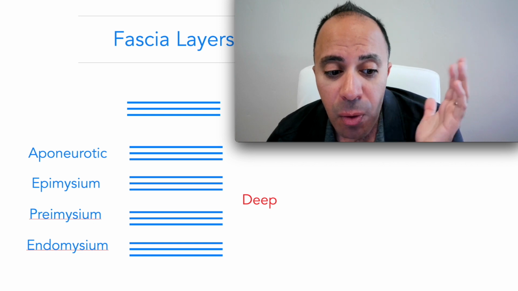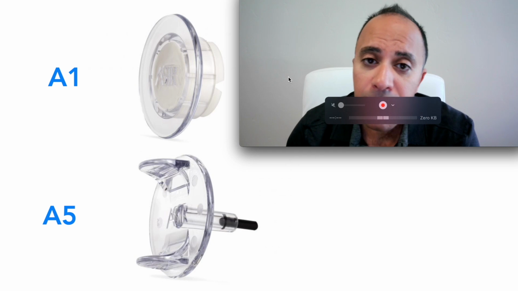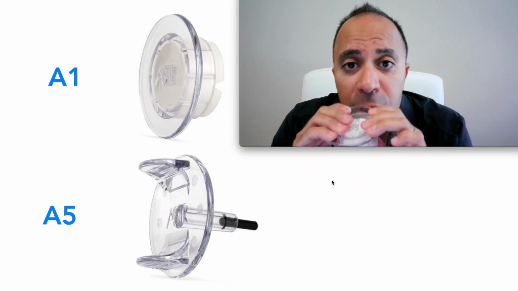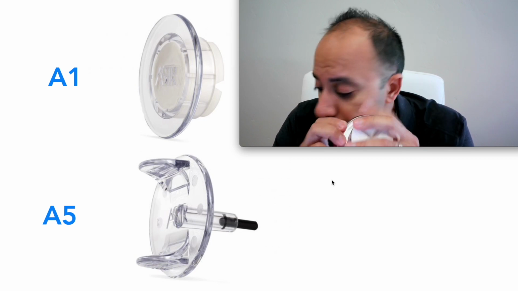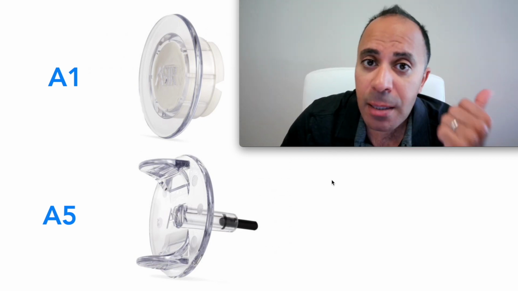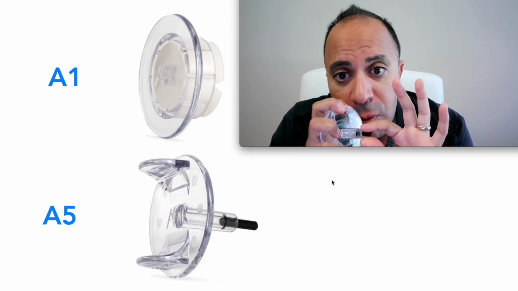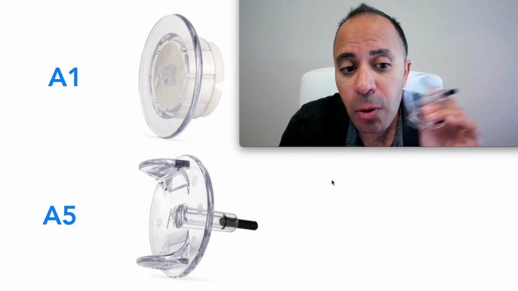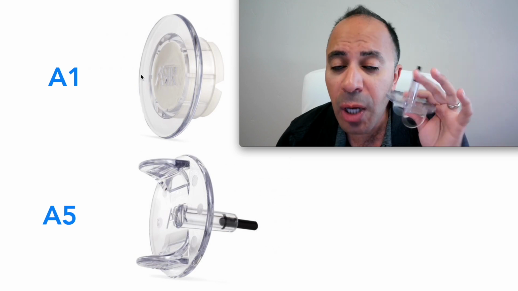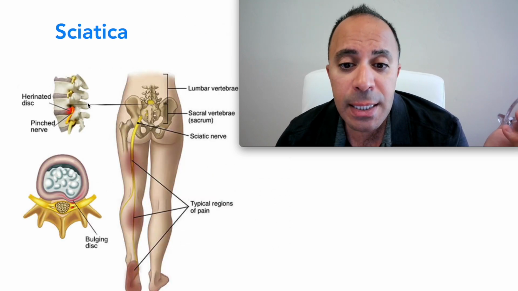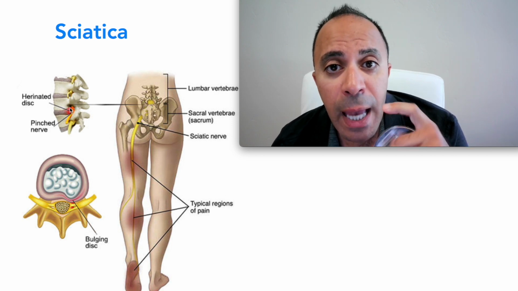So the treatment. What I personally do for sciatica, I use the A1 and this tool to release the superficial fascia restrictions and release the aponeurotic fascia. And for the epimysium, the perimysium, the endomysium, I use the A5 to go deep to release those tissues. So if your issue is sciatica related to the piriformis muscle, you have to have those tools to really release that muscle. If it's related to the herniated disc, we use the Magna Heal